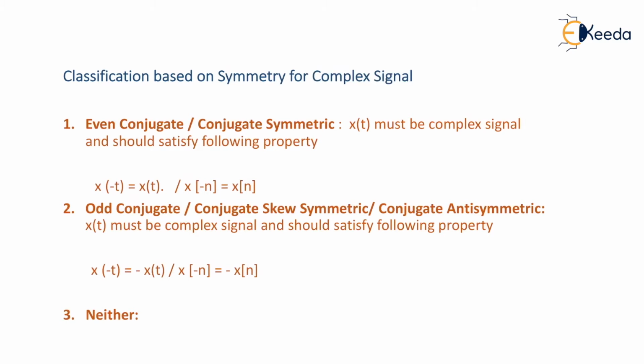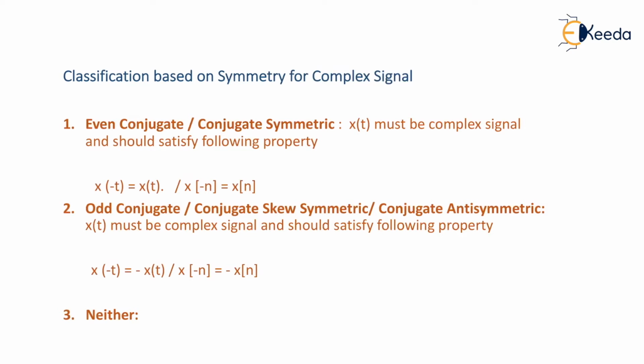It is very simple. Whenever you see a signal x of t with some mathematical expression inside it, if there is an absence of j, then the signal is called a real signal. For example, x of t is equal to t, or x of t is equal to t square plus 2t, or x of t is equal to sine t plus cos 3t. In all those signals there is absence of j. Therefore, all the listed signals are real signals.